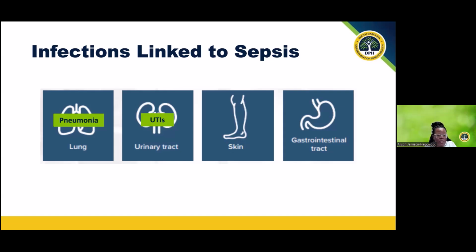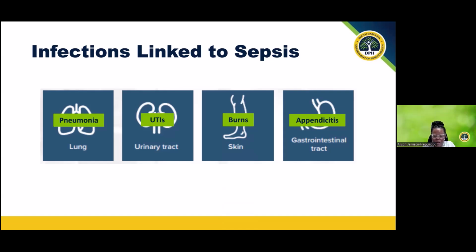These are two of the common causes of sepsis in that population. And then your skin, if there are any burns or anyone has a cut or a wound, they can become septic from that. And then our GI tract, it could be appendicitis or it could be ulcers that cause